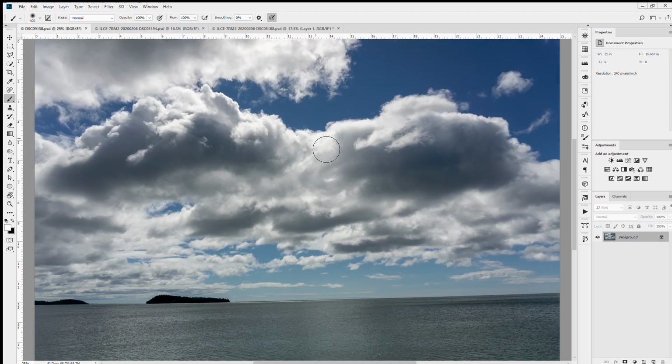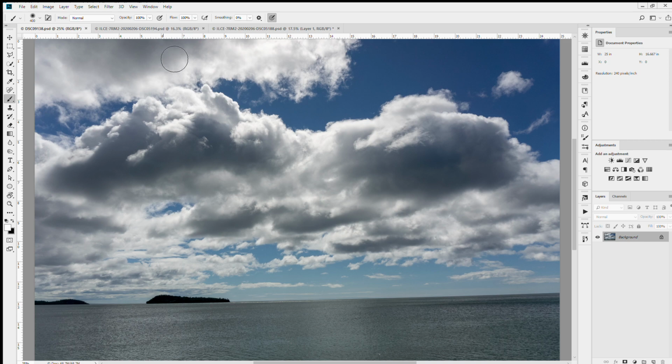use is this one. And it's not a bad idea to have a folder of just sky pictures that you've collected looking in different directions at different times of day, different kinds of clouds, because you want the sky to be somewhat consistent with the image. This one isn't really perfect, but it'll work. It's close enough. So what I want to do to start with, I need to get both images in the